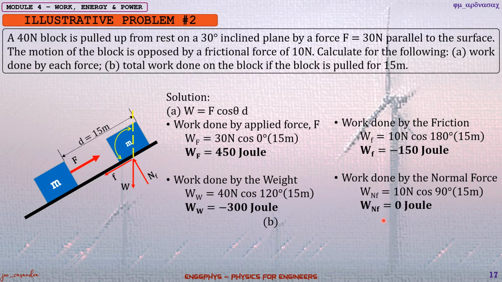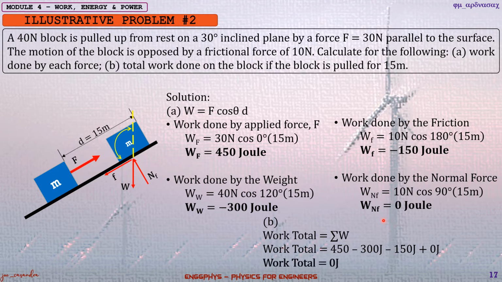So let's move to the second question. What is the total work done on the block? So this is simply the summation or algebraic sum of our individual forces. So that is equal now to 450 minus 300 minus 150 plus 0, giving us a total answer of 0 joules. So as you can see, when there is a force applied and there's an equivalent displacement in our interaction,